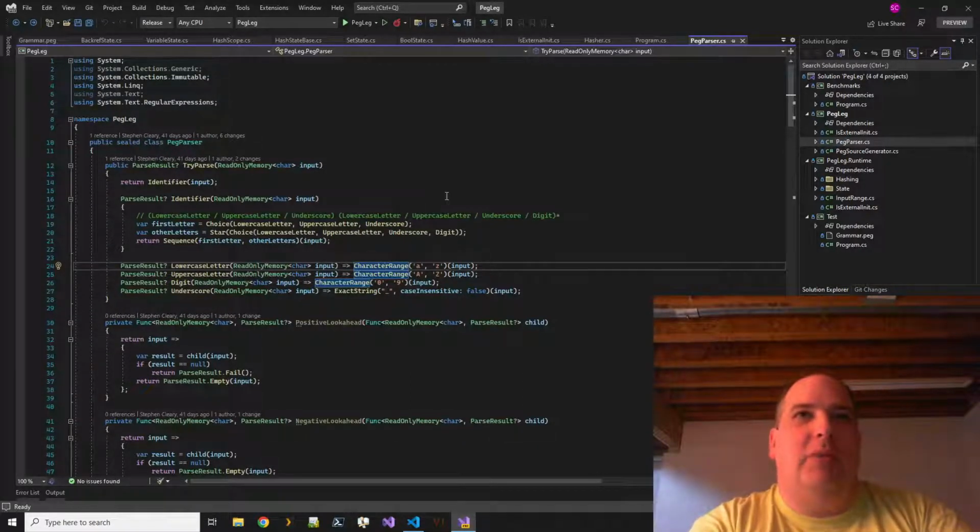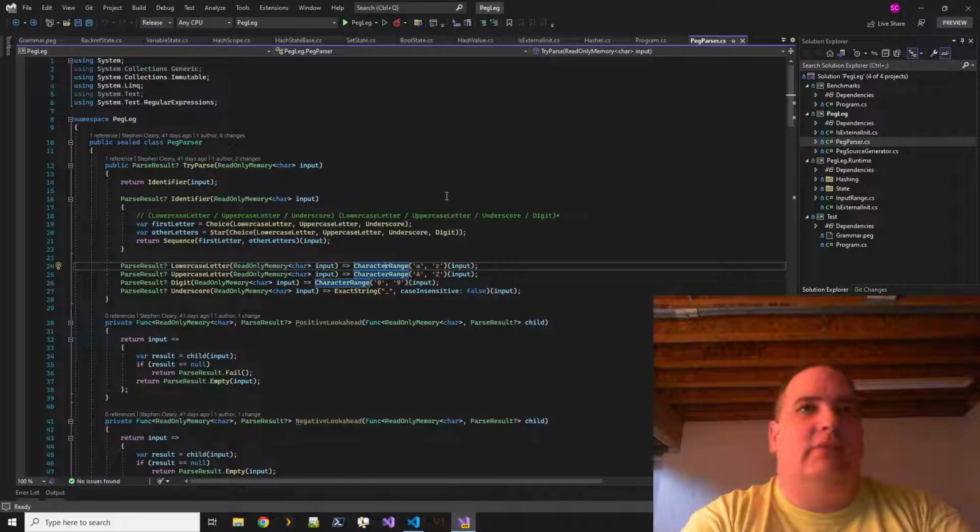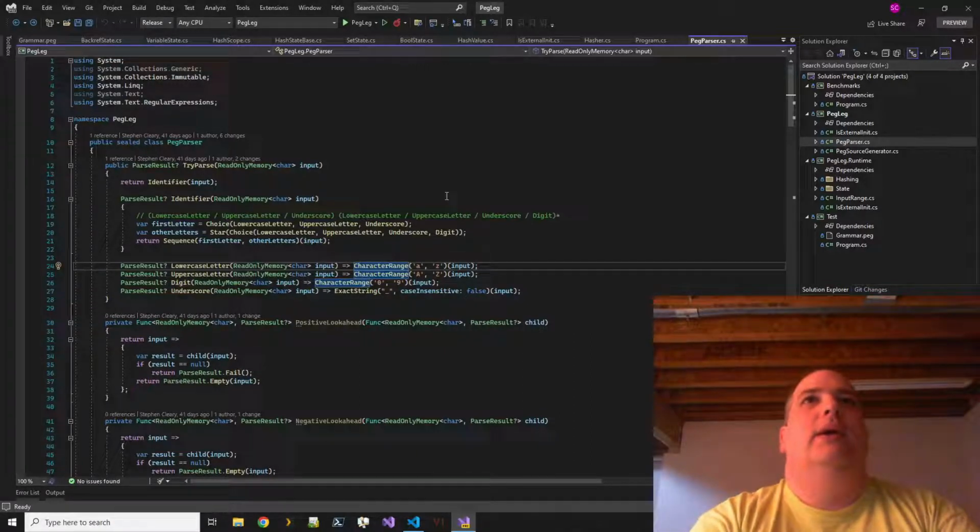If you're having problems in the middle of a token, it can be difficult to know exactly what the problem is. This is speaking from experience writing other peg parsers, so error handling is something I want to keep top of mind when designing my peg parser.